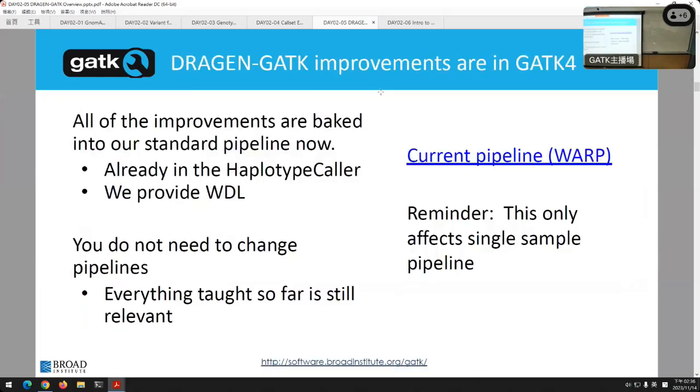Now, also something important to mention, the changes I'm going to talk to you about today are actually currently baked into GATK 4. They're in there. We have a standard pipeline now. I wasn't in this room on the first day when they asked a question about pipelining and how many of you run